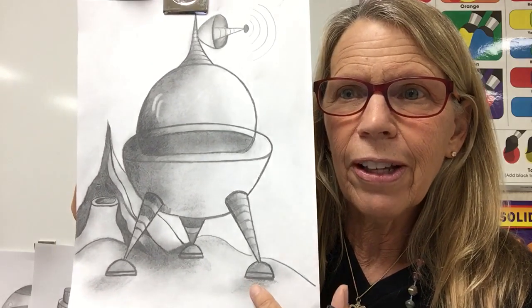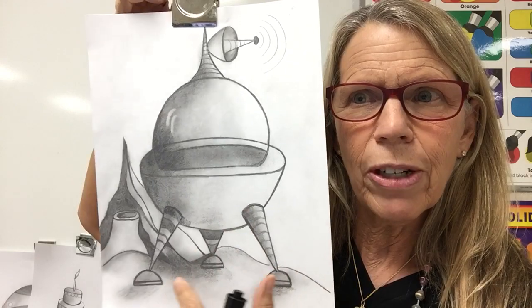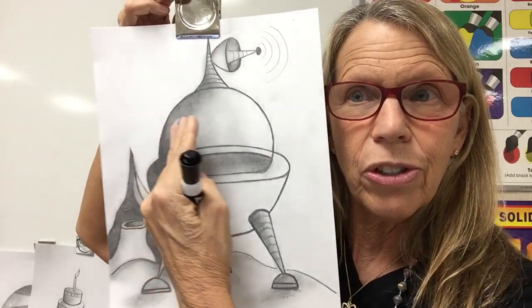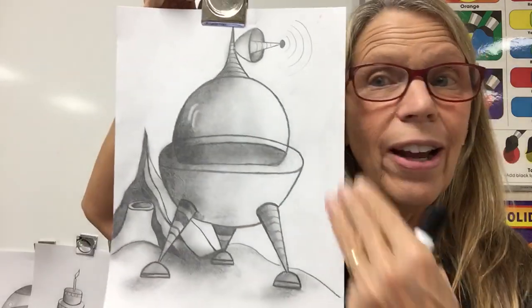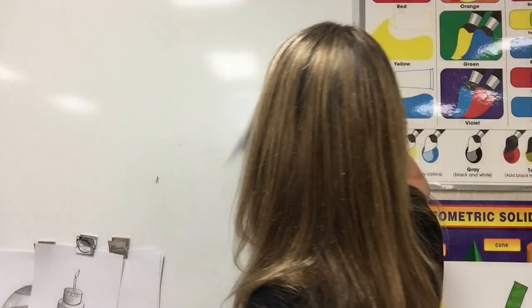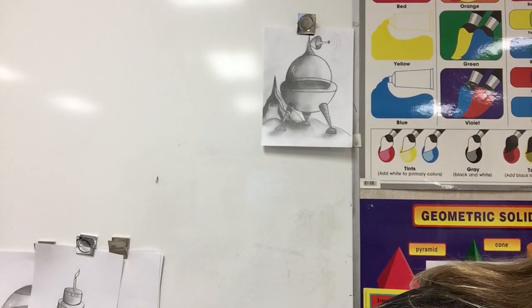And look at all the cast shadows. The legs, and I made it kind of darker right under here from underneath. I have the shading over here, and it went dark to light. And you can add any other extra things that you want into your spaceship. But to make your spaceship, you're going to take a sheet of paper,